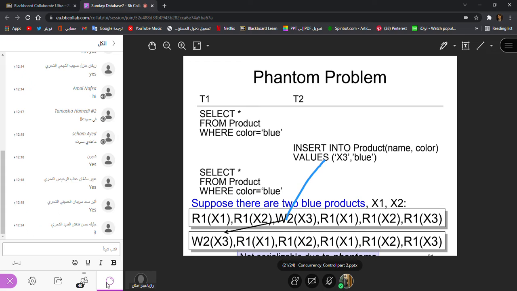But if you try to swap the positions, take it here and bring it down, they are saying this is not possible, because if you apply the precedence graph, you will see that there might be a loop. So this is not possible. We can see quickly here, W2 R1, there will be a loop in this one. So let me solve it, check if there is a conflict or no. There is no conflict in this one.